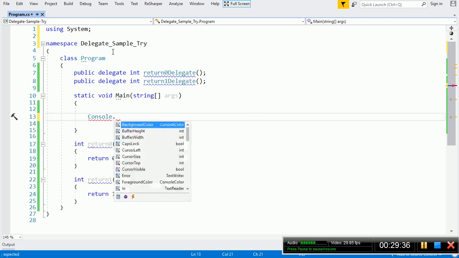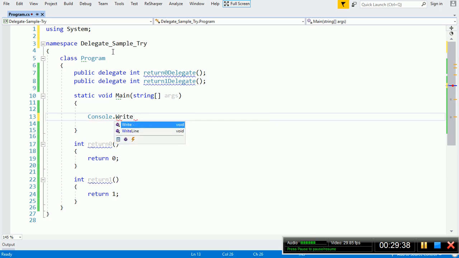So Console.WriteLine return 0. What is the result of this? How to call this function? We can call this function through its name, but here we will call it through its reference.